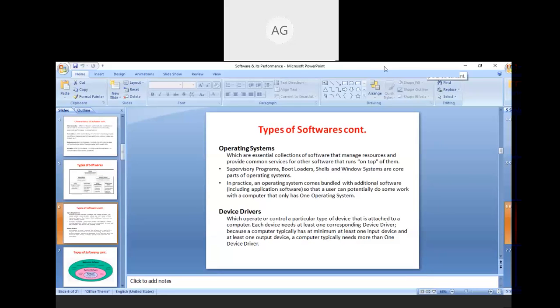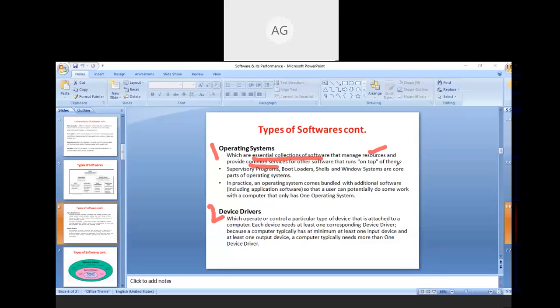Basically, in the system software, two pieces of software are very important for the functioning of a desktop or laptop. The first is the operating system and the second is the device driver. The operating system is an essential collection of software that manages resources and provides common services for other software that runs on top of it.